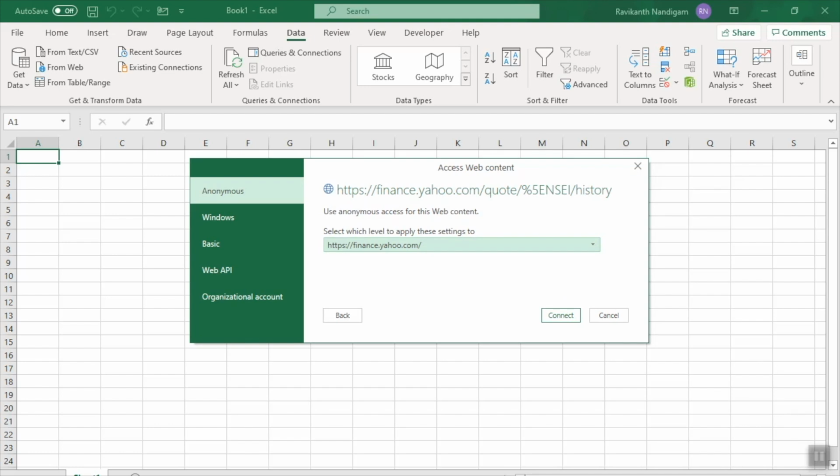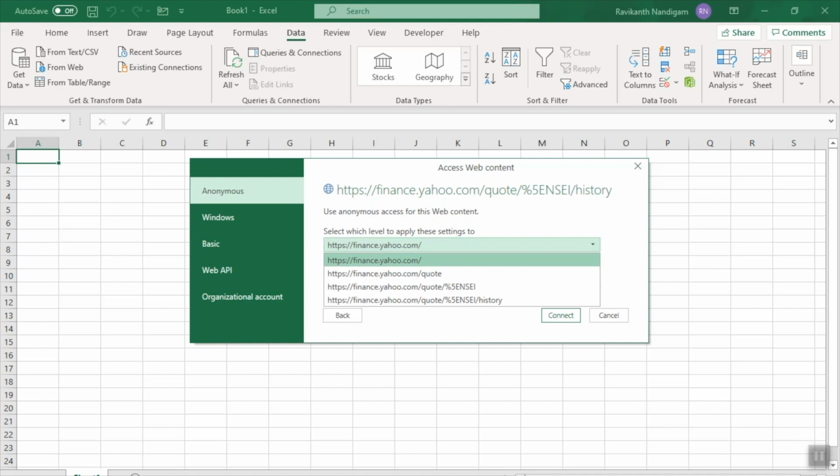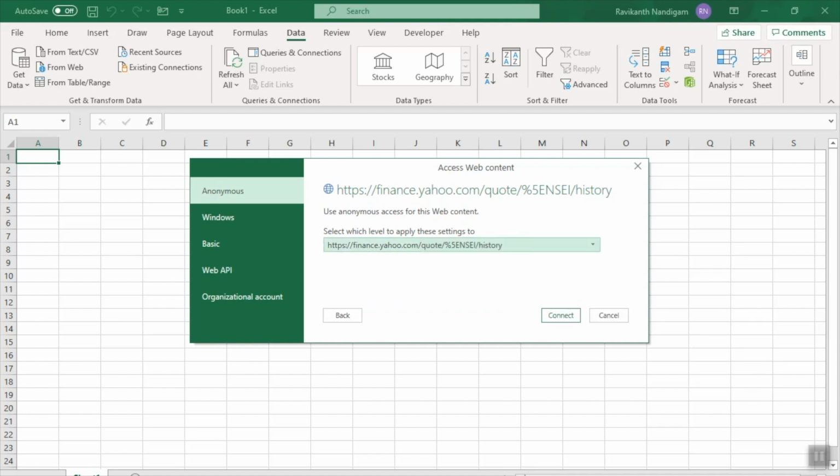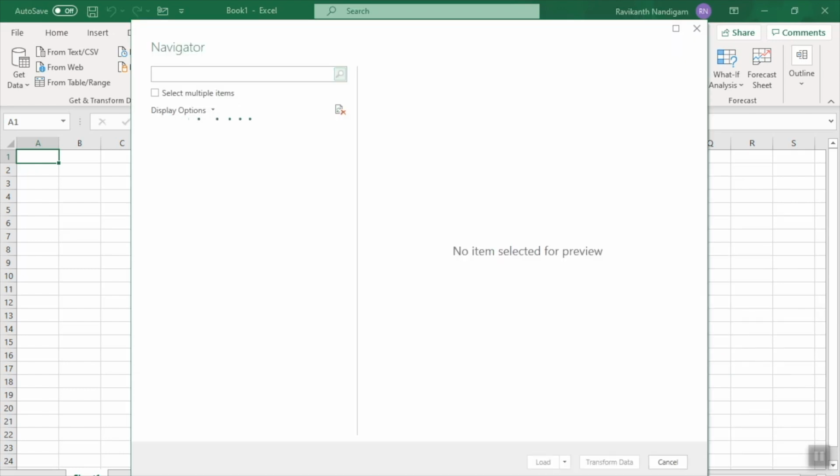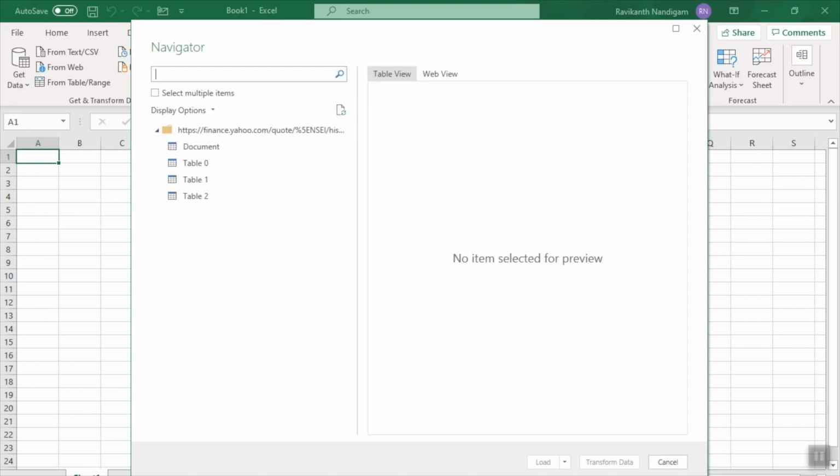We will see an Access Web Content window. Select the level with the full URL on select which level to apply these settings to. Click Connect. We will see a progress window. The Navigator window will open and we will see a list of tables from the website on the left.